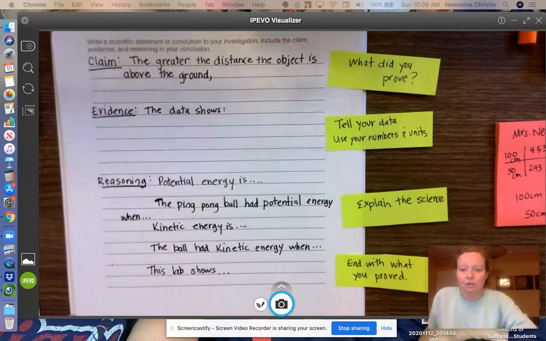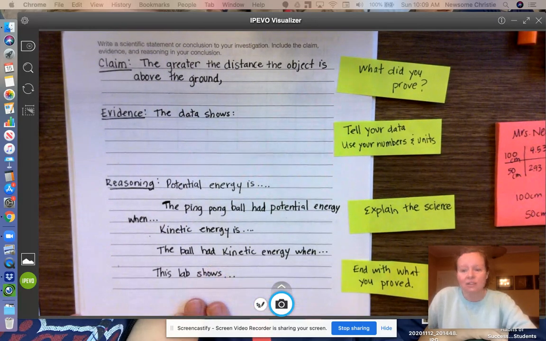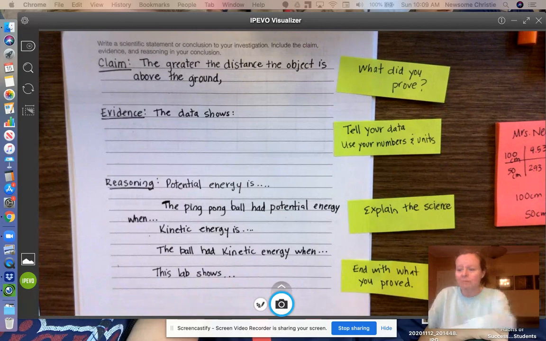You need to make sure your pictures of your pages show everything that I need to grade. So notice here on the document camera, you can see the claim, the evidence, and the reasoning, and you see how clear it is to read. Look at your pictures before you send them. Please make sure they are readable. And I know you don't have a document camera, so you have to hold yours up. But when you're holding it up,